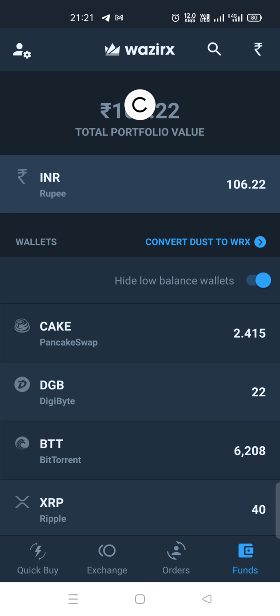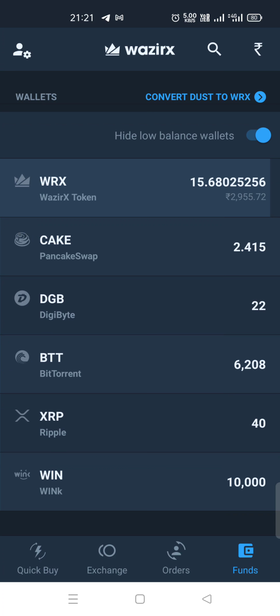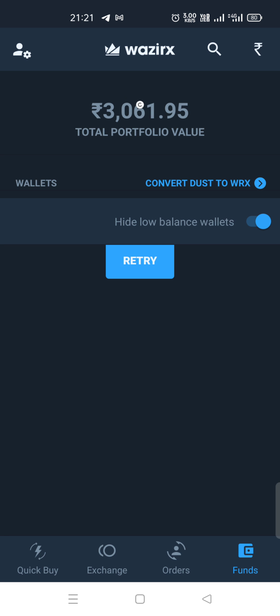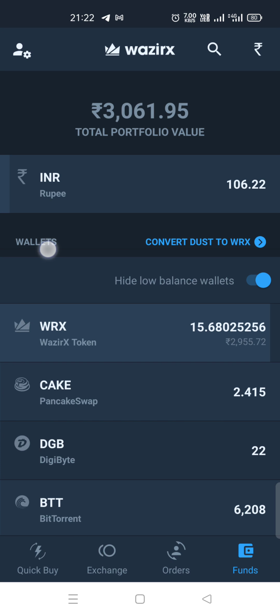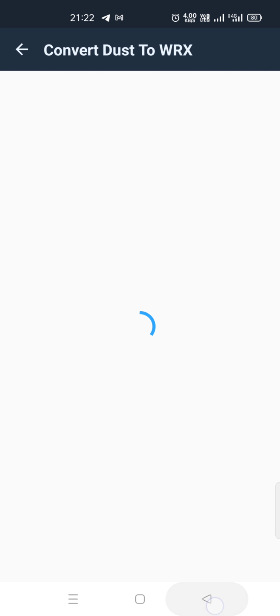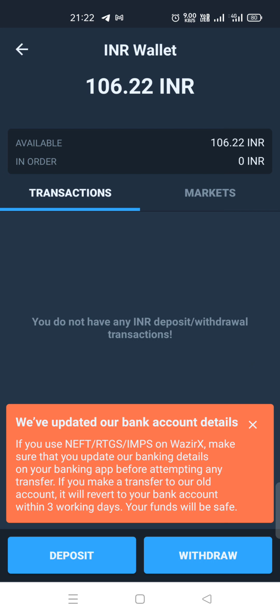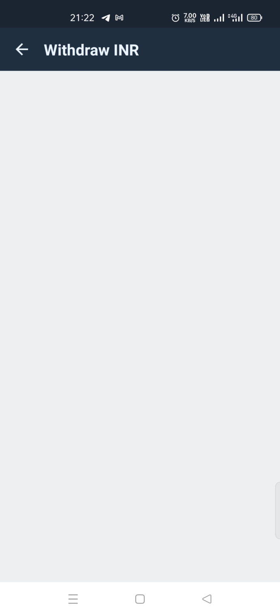I'll do a separate video on how to withdraw from Vazrix, but I'll show you the transactions that I have done earlier. These are the transactions which have been withdrawn. We have updated your bank details, and make sure that bank details are correct in your app before attempting your transfer. So basically you get a withdrawal option over here. The moment you click withdraw,